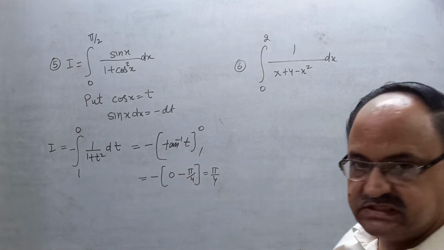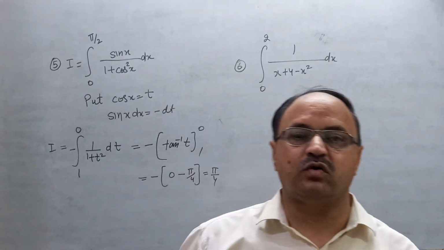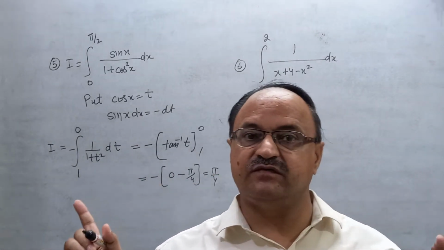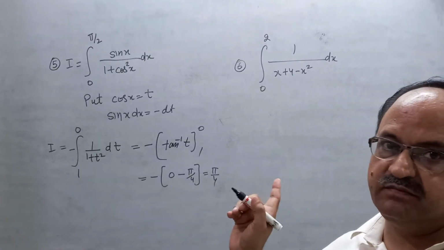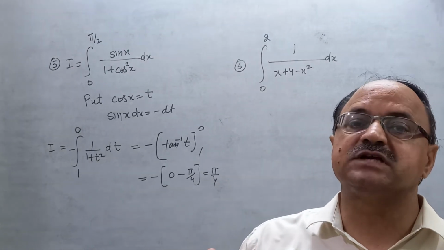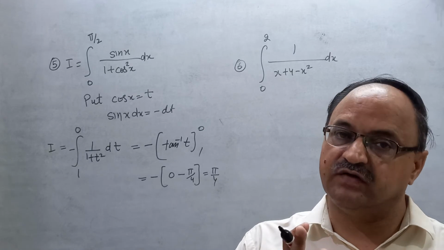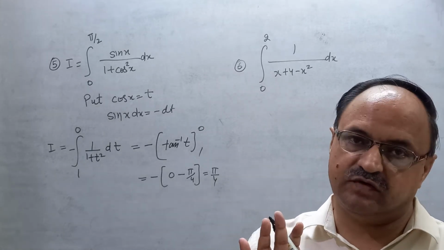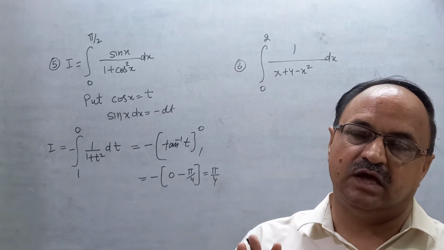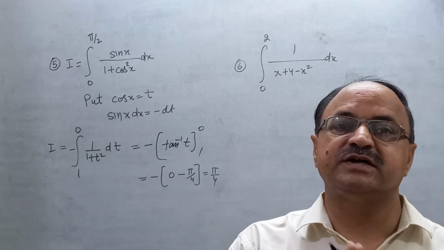You know that this is the type 1 upon quadratic in exercise 7.4. This is type 1 upon quadratic. Firstly, make the coefficient of x square 1, but you know that in the question that is also 1. Then don't worry about that point. Now make it a perfect square.